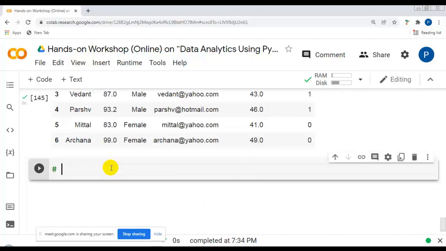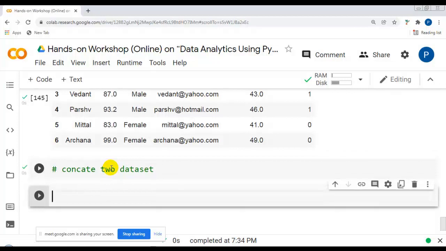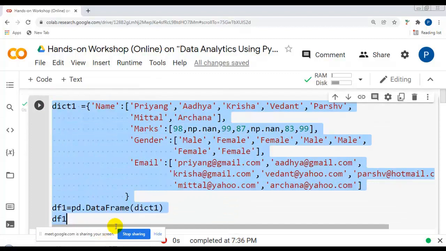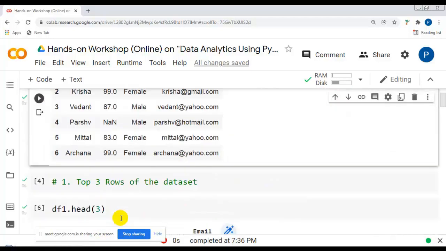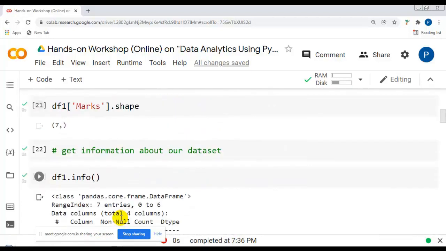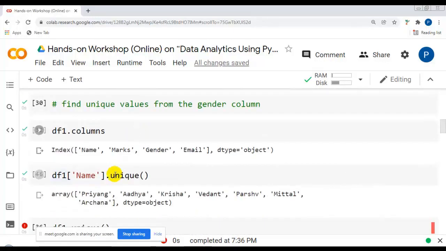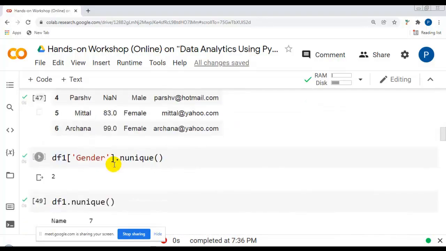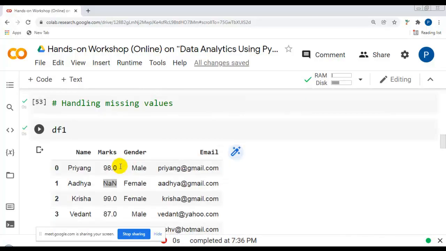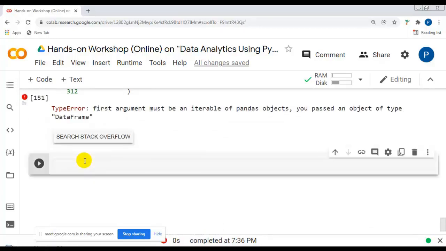Sometimes we are required to concatenate two data frames, because sometimes we have a training data set and a testing data set as well, which you will find on Kaggle. So I want to concatenate two data frames. Let me copy this original data frame. I do not need to change anything, and let me check. I'm copying this because I require the same number of columns.